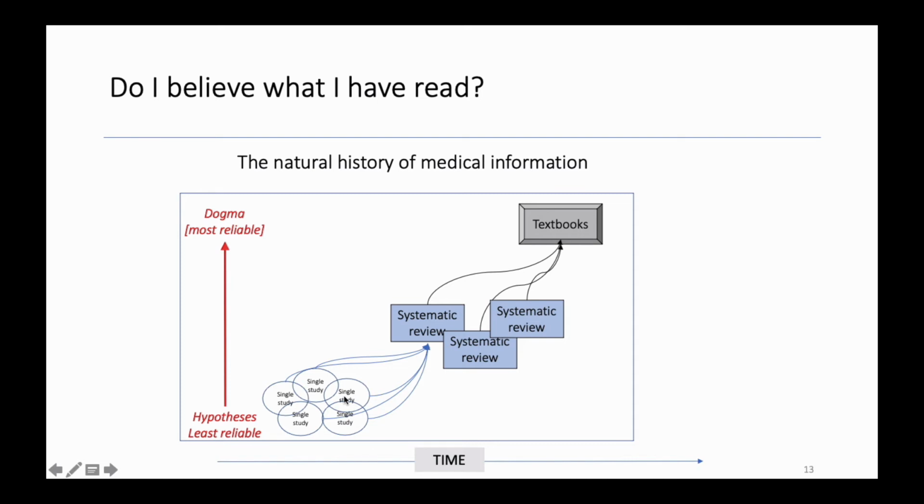But there's no assurance that the results are correct. In fact, there are many studies showing that most of the results of single studies end up being incorrect or uncorroborated. Then, after many single studies have been performed, systematic reviews are undertaken, and many studies are looked at by